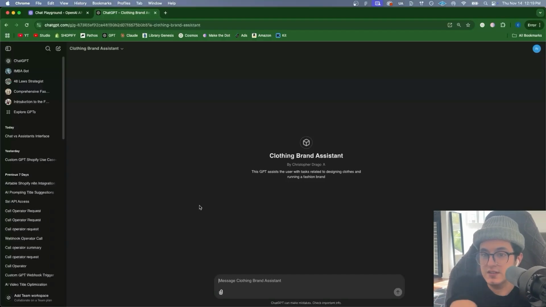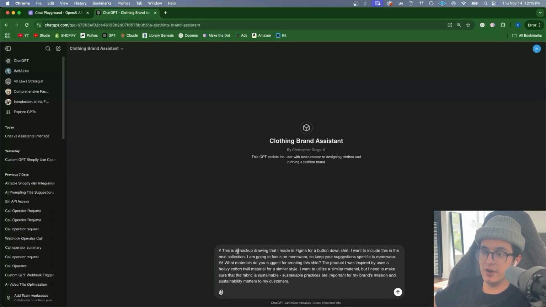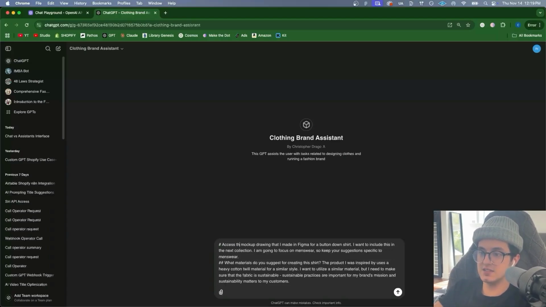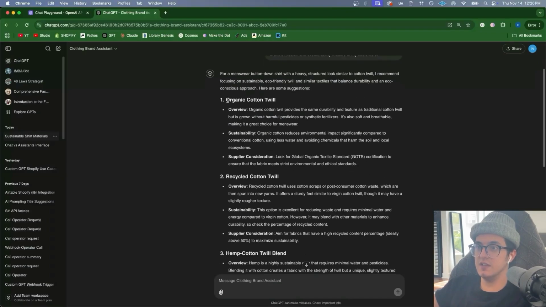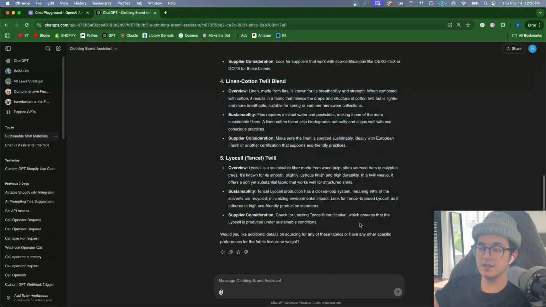Let's try putting in the same user prompt that we used before. Instead of saying this is a mock-up drawing, I'm going to say access the mock-up drawing in your knowledge base that I made in Figma. Now, instead of uploading the file directly into this chat, it already has the file in its backend because we uploaded the file when we were making the GPT. So I'll press send and see what happens. Access the file. Notice that it is a menswear button-down shirt, and then gave me 5 different examples of fabrics